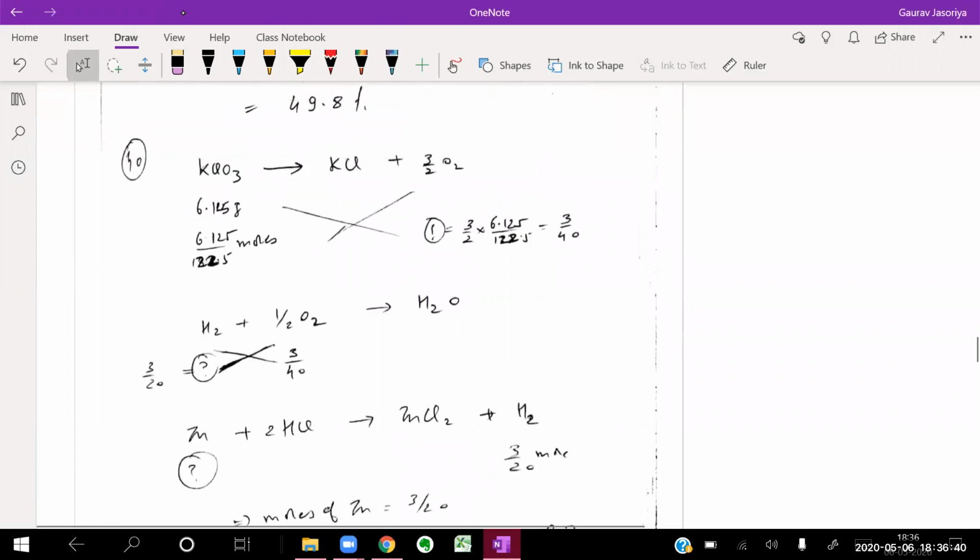Then comes the 40th question. So the 40th question, yeah, it's a good question. It's not actually bad in terms of calculations. It's a kind of question that you can expect in tests. It's a sort of series reaction, but the thing is that